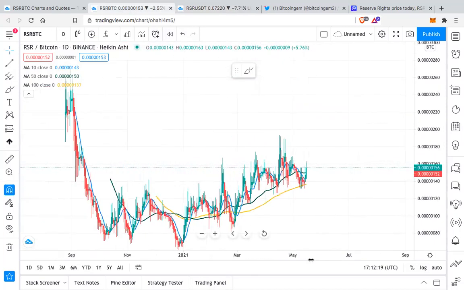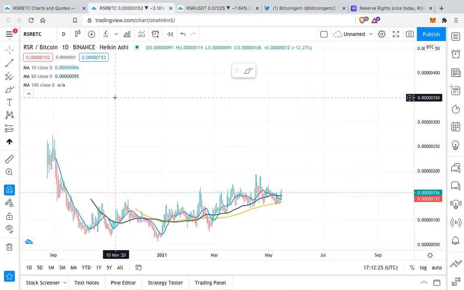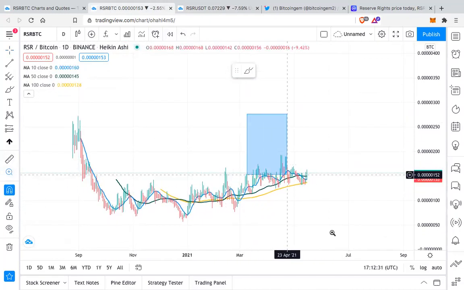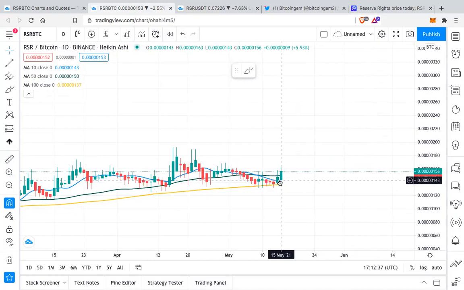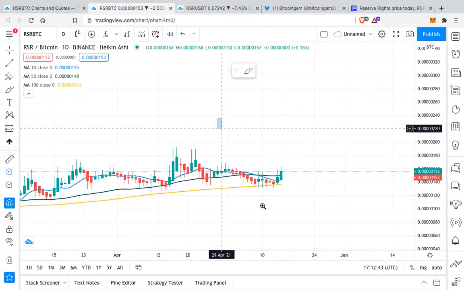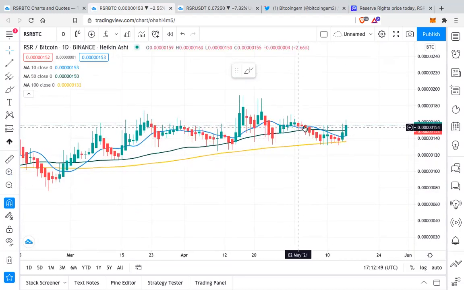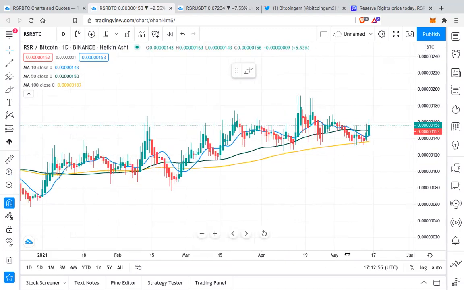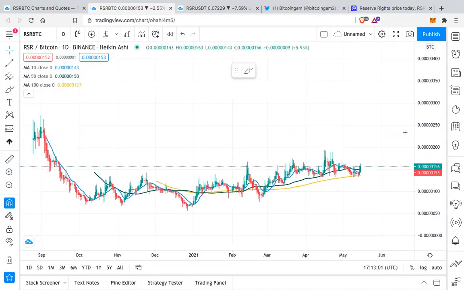Please do your research. Now, if you look at the BTC chart, this is where I see potential. Just look at this. In the BTC pair, it is looking in fact stronger than the USDT pair. You can see in the BTC pair, it has the 10 moving average as support, on this daily chart. This 10 moving average was working as resistance, which is now looking as support. So it's just a matter of time before again this 10 moving average flips the 50 moving average and it goes for another run.